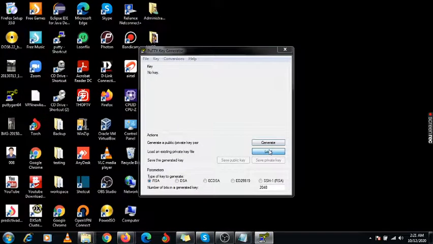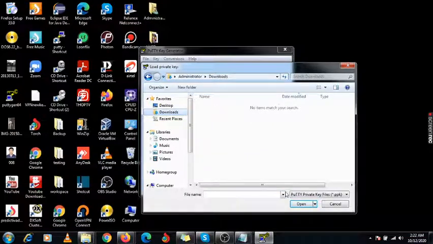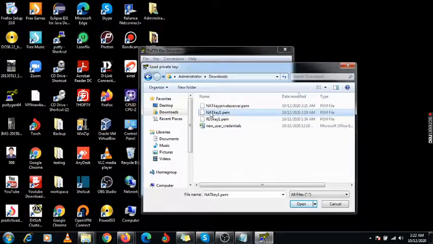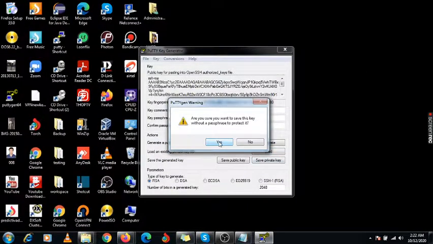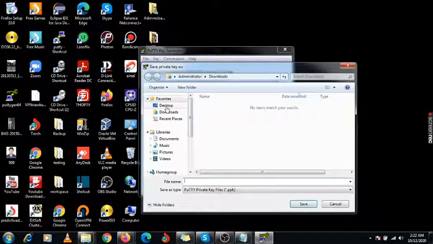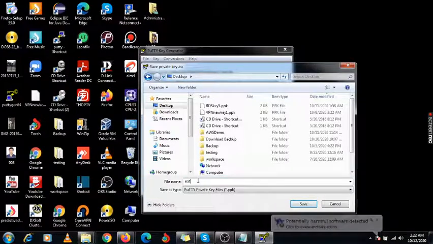Just click on Load. Under All files we will see NAT key 1. Okay, and save it. Here I am saving it on the desktop with the name NAT server key.